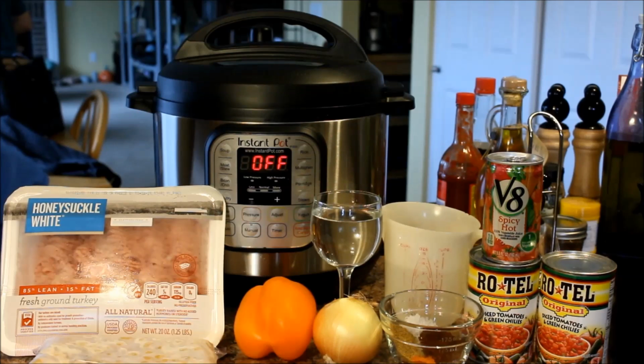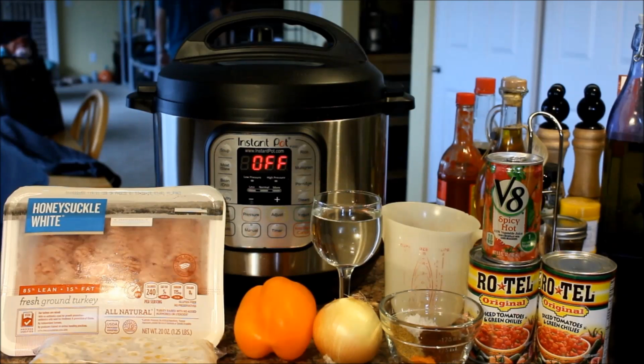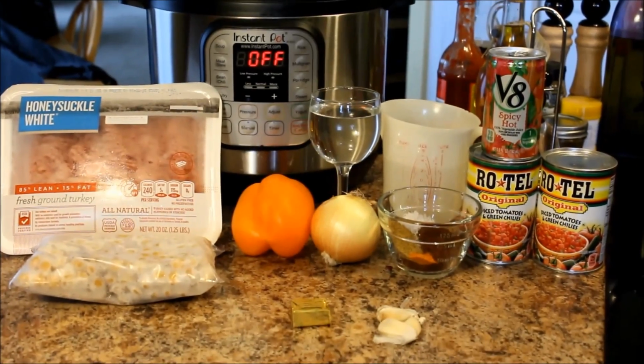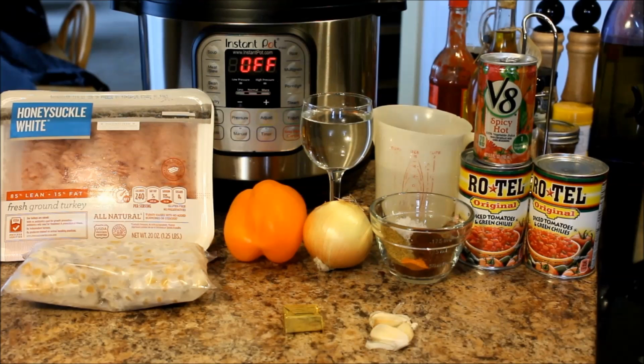wine glass, which is about 4 to 5 ounces of water, into the Instant Pot, and it's going to go for about 4 to 5 minutes on high pressure under steam. And while that's going, I'm going to chop my onion, chop my bell pepper, and my garlic there on the counter. I don't know if you can see it, and there's the garlic hiding. I'm going to chop all that up so that when it's been about 5 to 7 minutes, when my turkey is done, I'll open the Instant Pot and